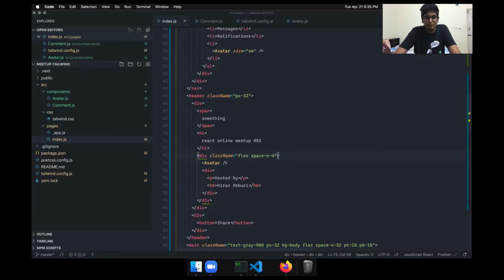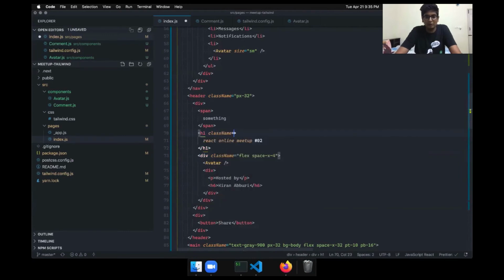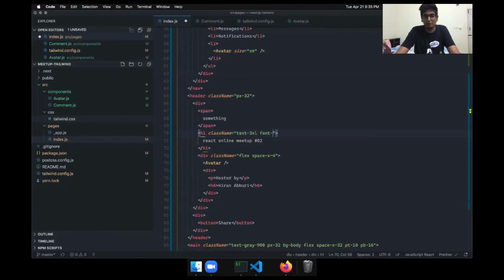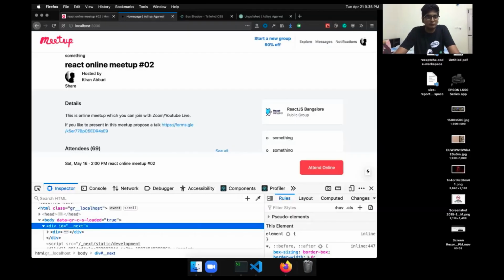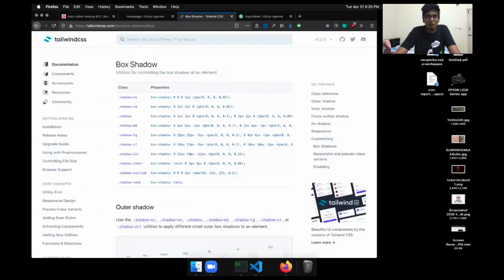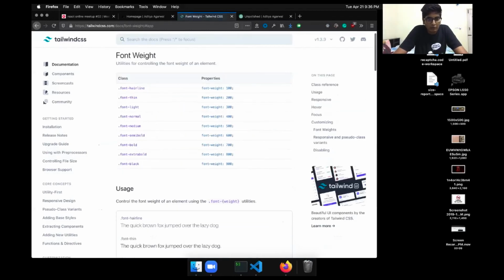We have done that. Let's make the heading bigger. So class name text 3XL, font bold. Do we have some font? I think there are more than bold. Let's see. Font weight, font bold, font extra bold.